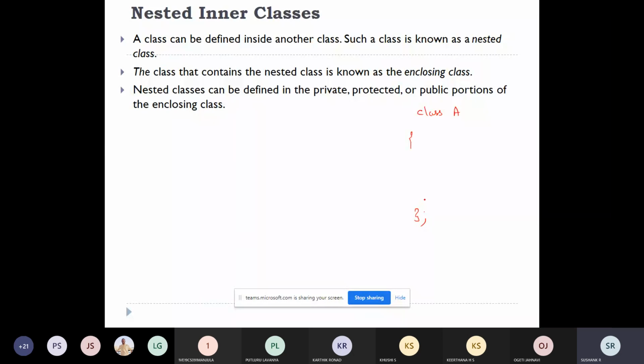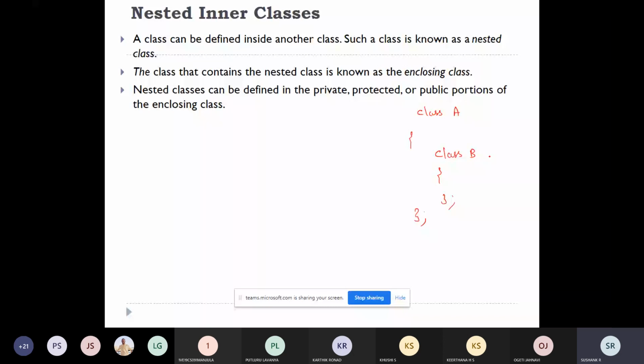Inside this class, if you create one more class, then this becomes a nested class. A class can be defined inside another class. Here, inside class A, I'm defining one more class called class B, a class within another class. We call it the nested class.